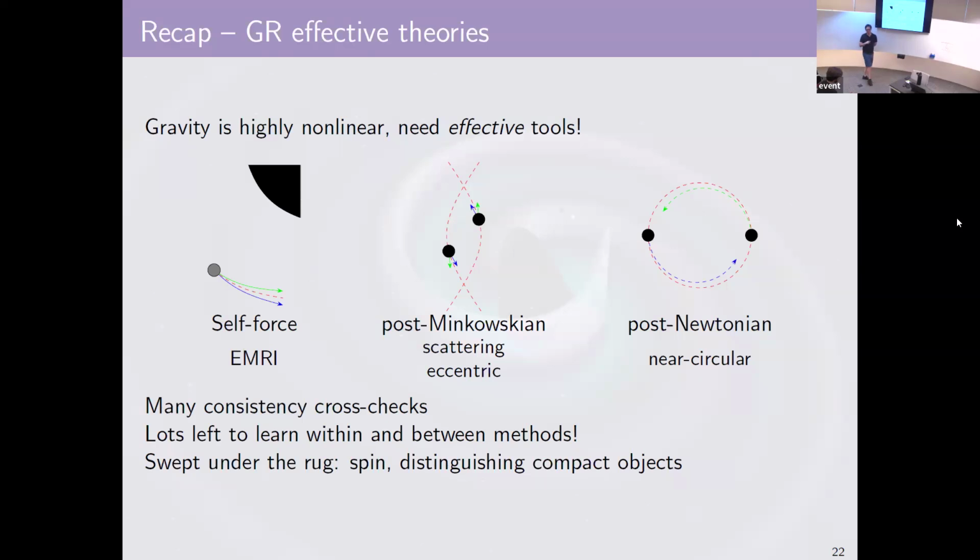Spin is something very interesting to a lot of people, but is a very controversial topic to some extent. And then also this question about tides and distinguishing. In these theories, you might have noticed I was using the phrase black hole a lot, but nothing we said up to now actually distinguished between anything that has mass. Eventually you get to the point where operators turn on that are expected to be relevant only for neutron stars or other non-black hole objects, and are expected to be zero for black holes, but we don't actually know why, and are intrigued to find out if there's some formal reason for it.